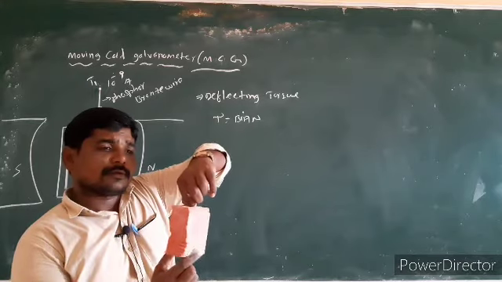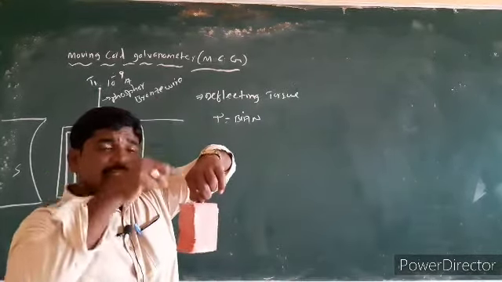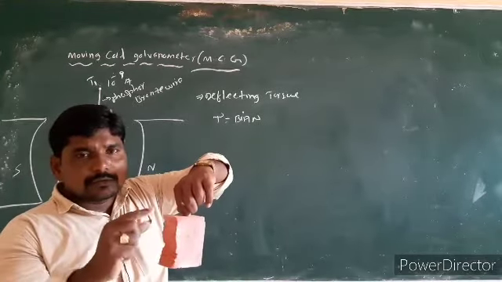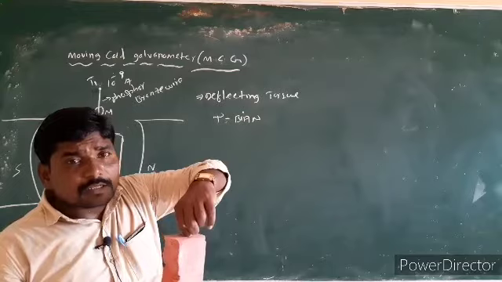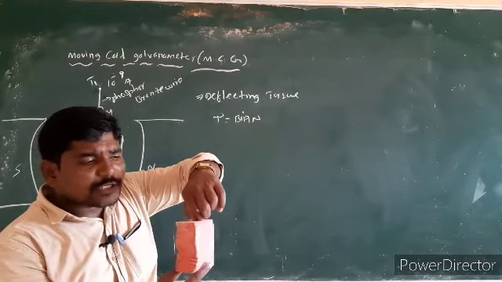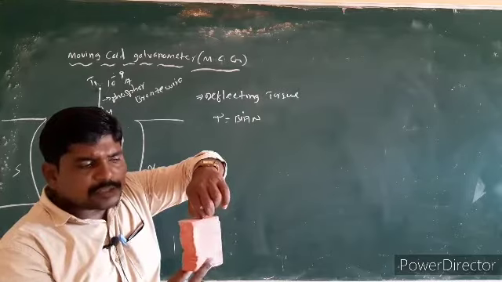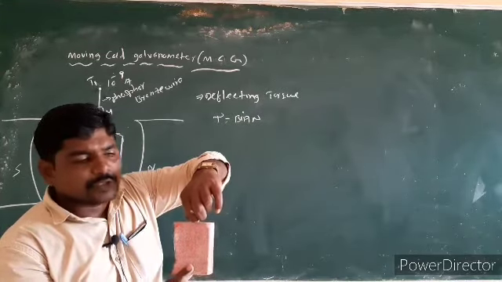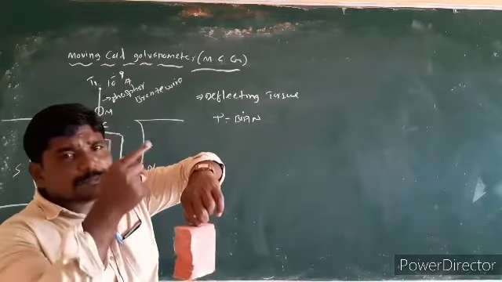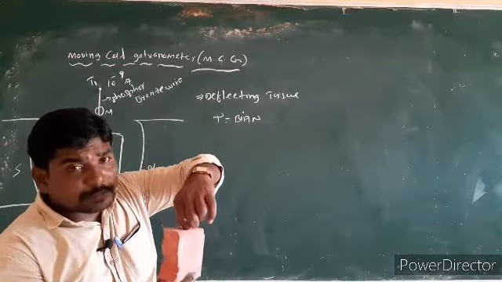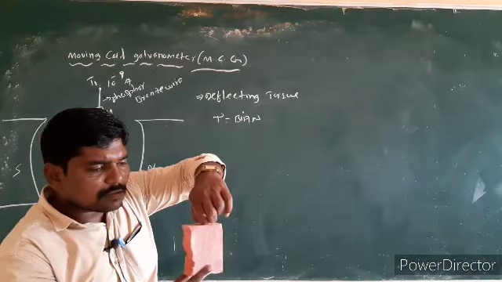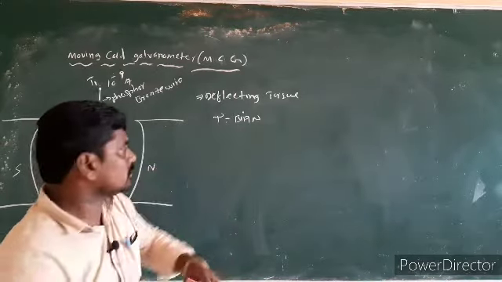But inside the phosphor bronze wire, when the torque develops, the torque is called restoring torque. That restoring torque always tries to take this coil to its original position. Due to deflecting torque, the coil is deflected like this, but because of the restoring torque that develops in the wire, the coil again tries to come to the original position.